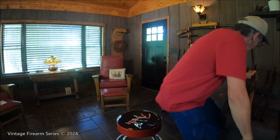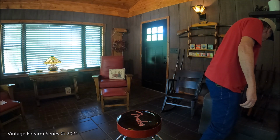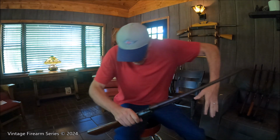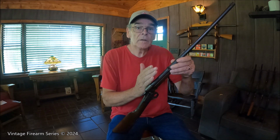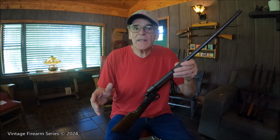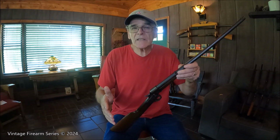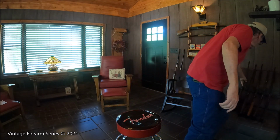But during that same period of time, you have 1900, that's a 1902. Well, in 1900, they brought out the Stevens. Almost forgot where the chair was. So they brought out this Stevens. And so Winchester was kind of thinking, okay, I can only imagine what they were thinking. They're trying to chase this new ammo because Stevens designed this new ammo. It was going to be very successful. Everybody knew that. So what was Winchester going to do? Well, Winchester had an answer for it in 1906. They came out